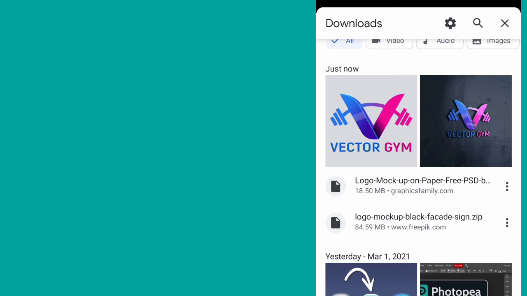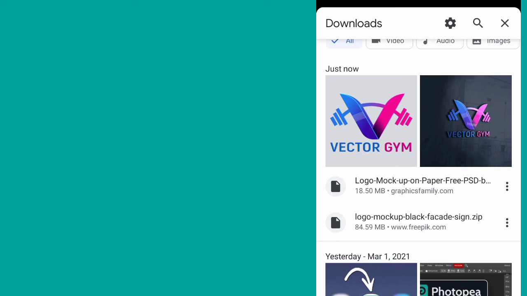So the next thing you will do now is to click on it, tap on it. But remember, you have to extract it on your Android phone. In extracting it, there's one thing you must have: either you have WinRAR extraction, or you have ZArchiver. But I will recommend ZArchiver. When you have ZArchiver on your phone, then you are good to go. You must have it installed on your phone.